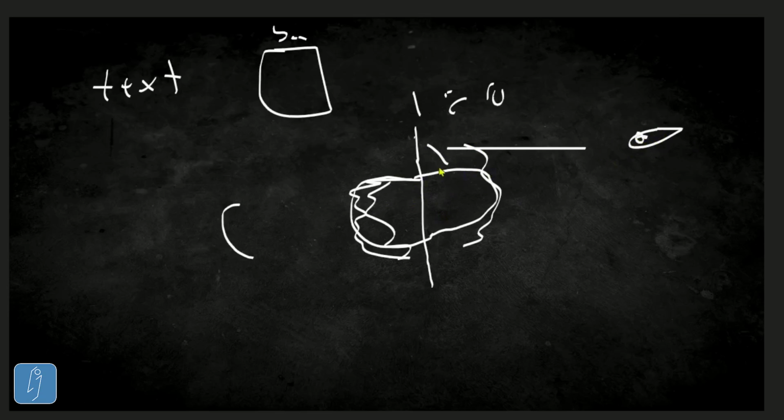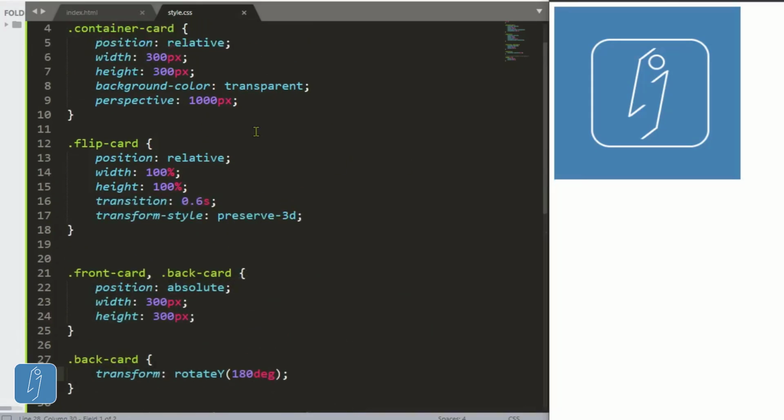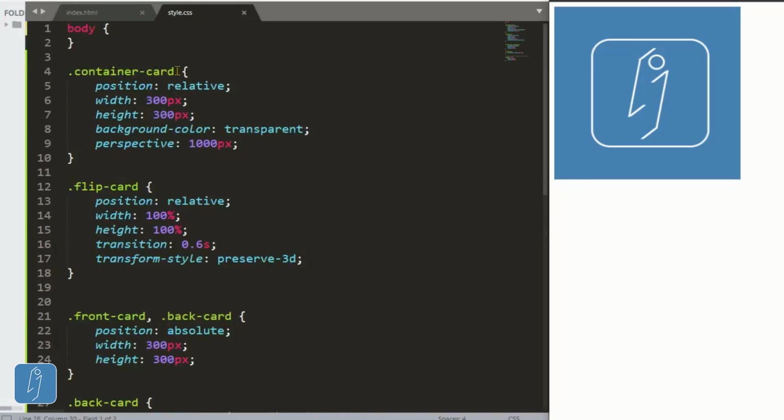And when I make it transform 180 degrees, it automatically is going to float to this part here. And when we hover it, I want to make 180 degrees again, completing the circle and coming into the view of the user. So that when I'm going at the top here, I'm going to bring this card